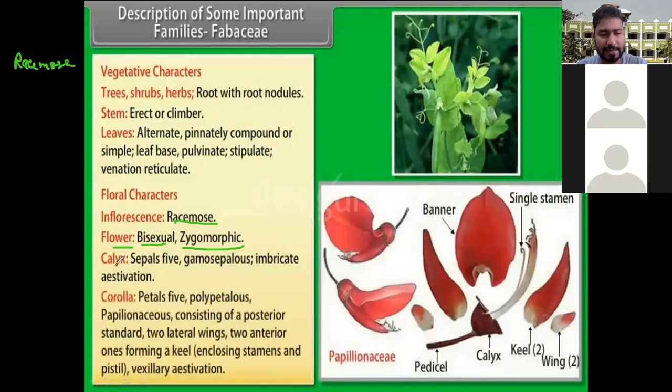Another important property, calyx: five sepals, that you can say pentasepalous, and the sepals are fused, that is gamosepalous, and estivation is the imbricate type. Imbricate type means,